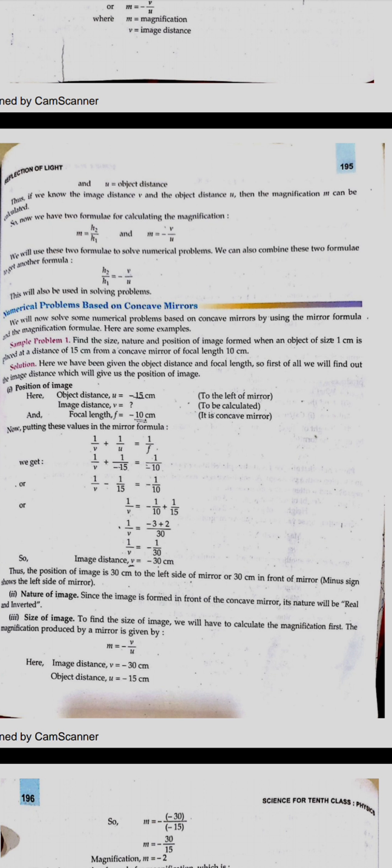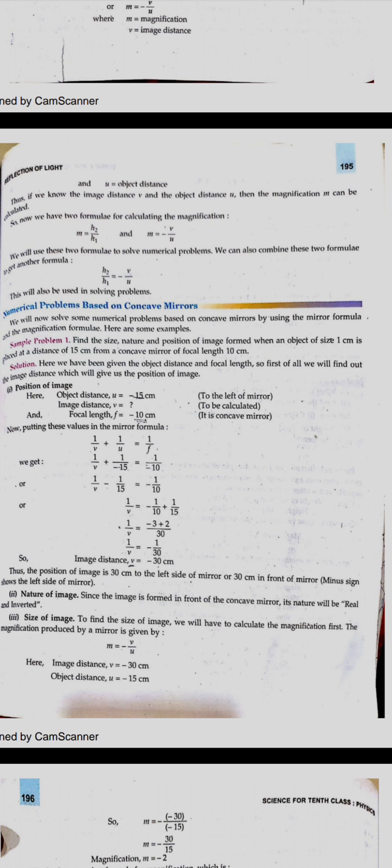So we will take the focal length as well as the object distance as negative. But in the convex mirror, we take the focal length in the positive direction, because it is behind the mirror, that is, on the right side of the mirror, so it will be the positive direction. So here we are taking f and u as negative values. For u we will take minus 15, and for f we will take minus 10